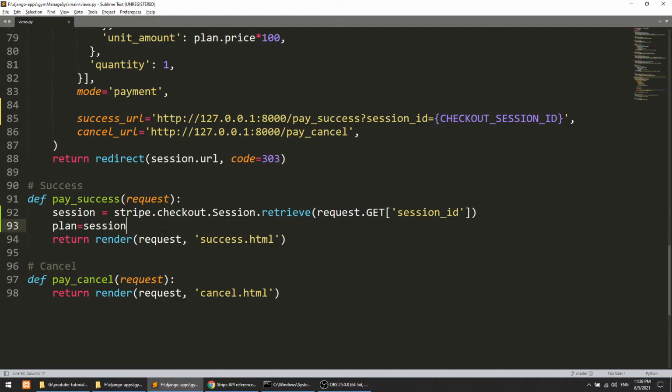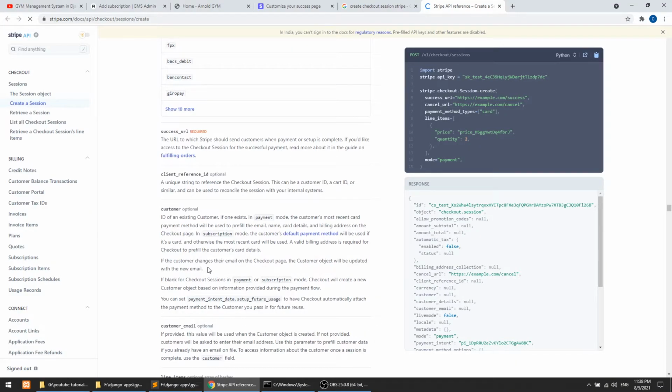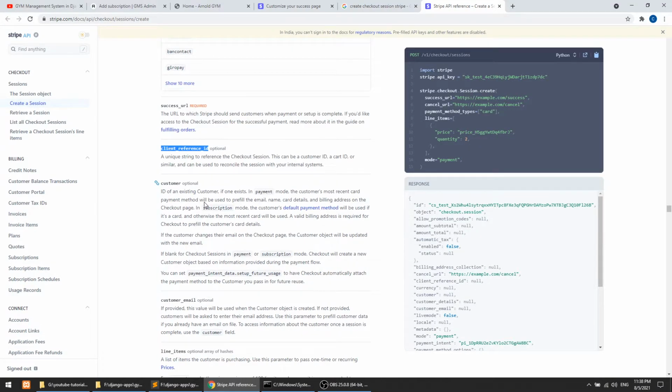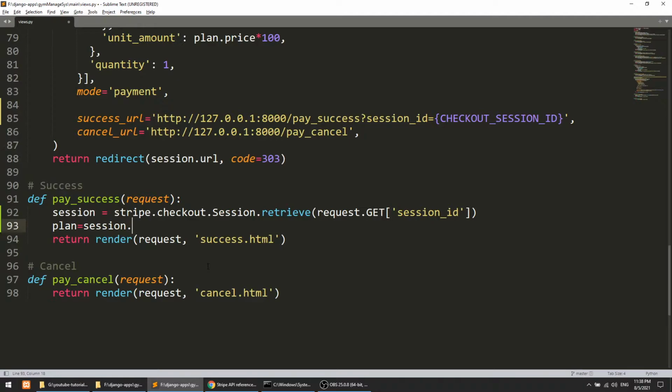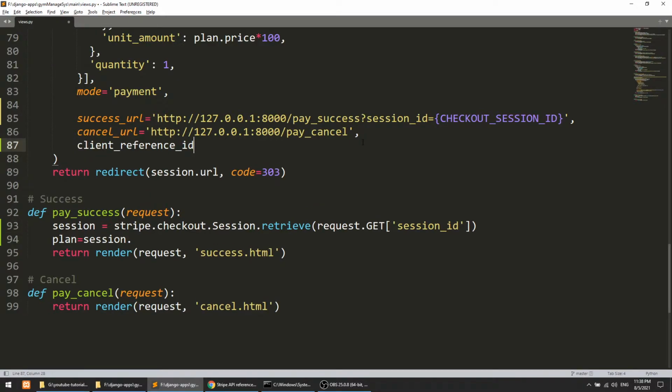We can pass this as a client reference ID. You can also pass it in the metadata, but I prefer to pass it in the client reference ID. Here I will pass the simple plan ID, and from the session we can get this client reference ID.